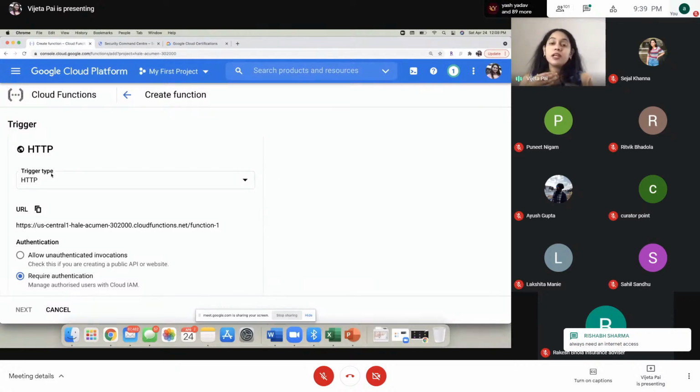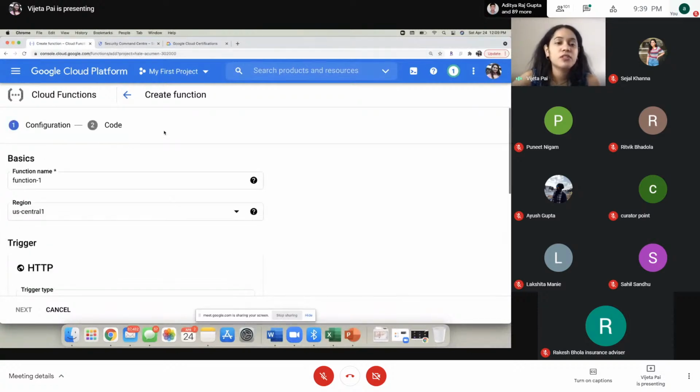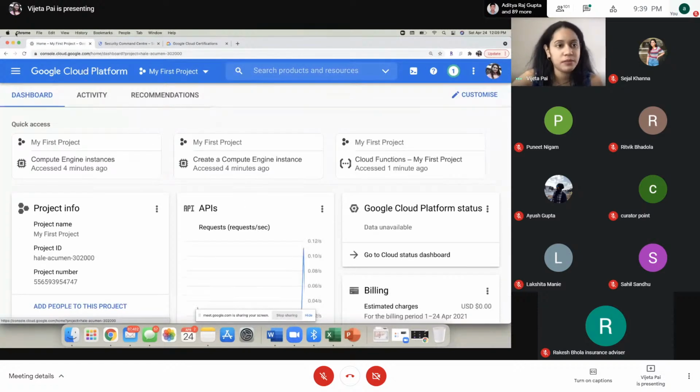So whether it is scaling up and down, like if you have 10 customers one day and they love your application so much, they go and talk to all of their friends. Suddenly you have an entire college joining your application. So you have 1,000 people all of a sudden. Google Cloud will take care of all the scaling options, as in they'll make sure that everyone has a good performance. So this is Cloud Function, which is Google's software as a service offering.